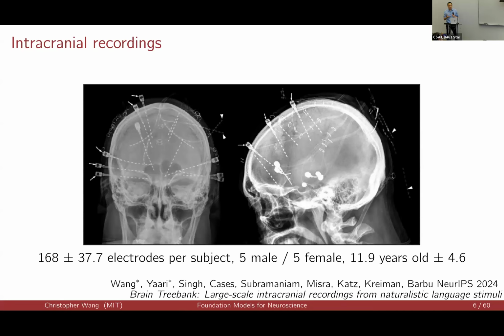And this is unfortunate because it means they're small one-off experiments that each independently probe for a different aspect of language processing, and we're not often getting a picture of how all those pieces fit together. And the experiments are small by necessity. I mean, if you're a kid in the hospital and you have a wire sticking out of your brain, you really don't want to sit through a lot of boring language experiments where you have to read a sentence one word at a time off a screen.